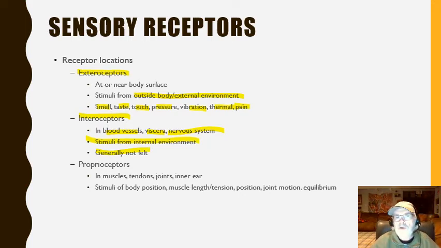The third type of receptor I get are what are called proprioceptors. Proprioceptors are really, really important. They are nerve sensory receptors that are in muscles, tendons, in joints, and also in the inner ear, but mostly muscles, tendons, and joints. The inner ear is involved with balance. In muscles, tendons, and joints, they send a signal to my brain to tell me exactly what position